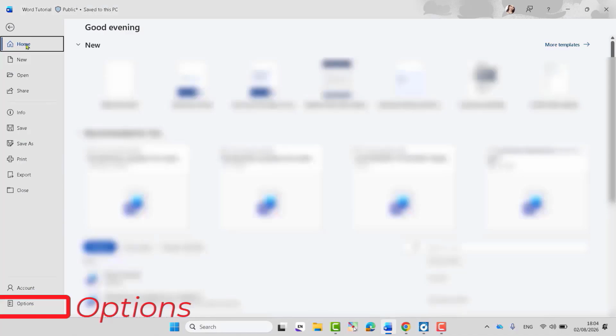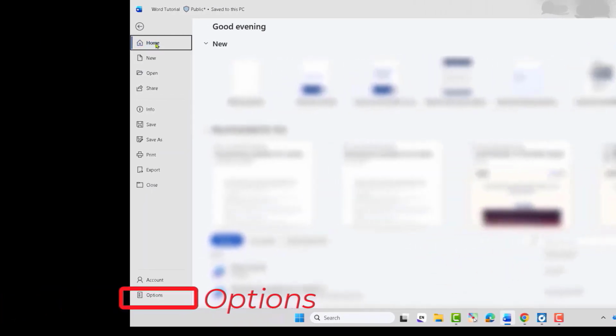Here there are different functions. New, create a new file, open a file, share it, more information about it, save it, and Save As if you want to change the name and the location of the file. Print it and close it. Now if we go to Options,